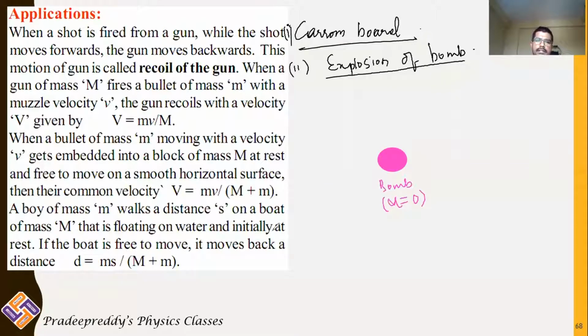Now what would happen? This bomb explodes. Being in its own position, we are not applying any force. External forces acting on the bomb is 0. There are no external forces acting. The bomb is initially in the rest position. Due to some internal potential energy, this bomb would undergo explosion, and this explosion takes place into as many parts like this. There will be many parts which are traveling in different directions, and their masses are also not equal. This is after explosion.